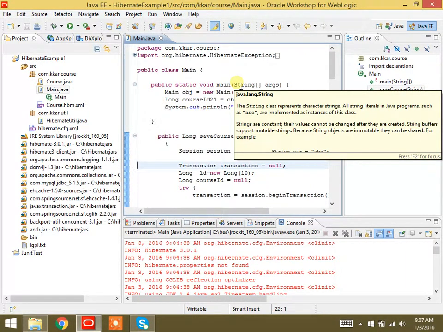Then commons. So I have to write this one. Two parts. org.apache jar.